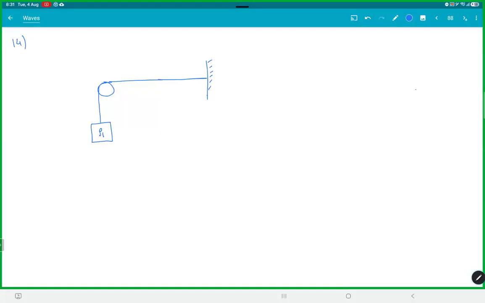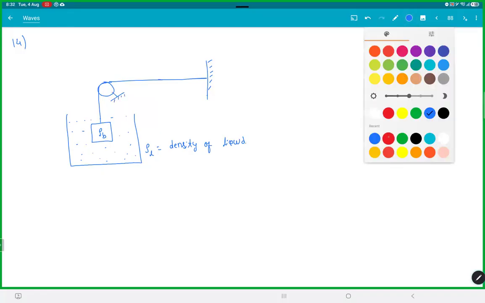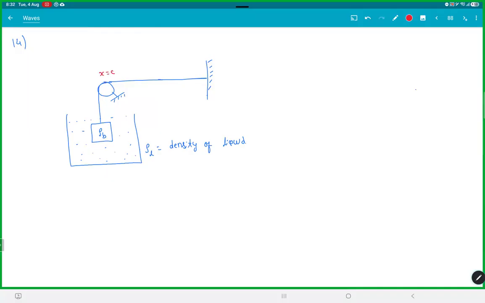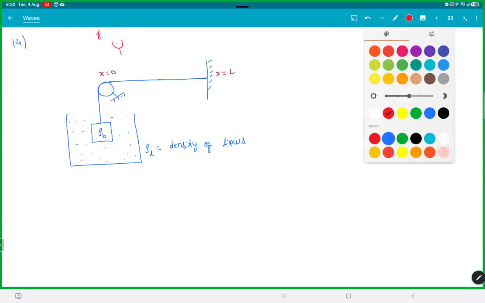We have a block here of density rho b, and it is immersed in a liquid of density rho l. This is x is equal to 0, this is x is equal to L, and you're using a tuning fork to generate frequency. Now the string oscillates